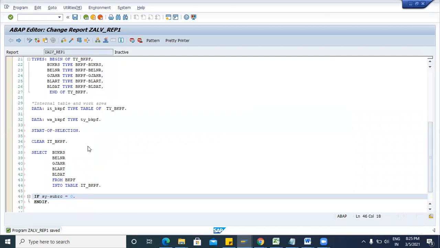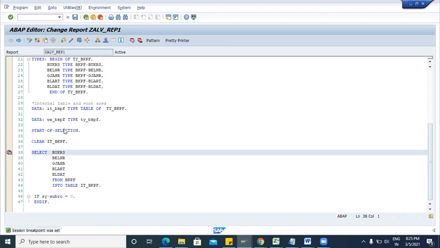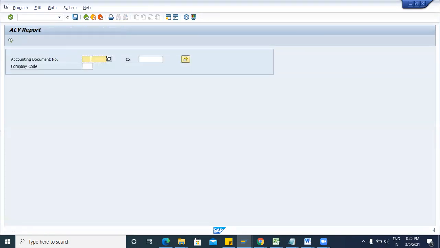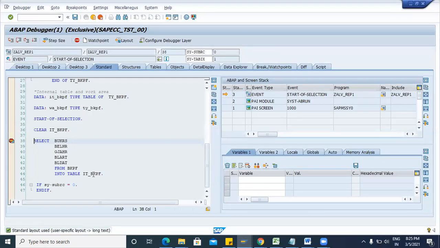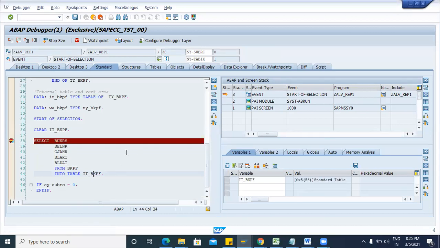Now let me show you how we can debug this code. To put a breakpoint, just put a breakpoint on your select query, then execute this program. Now if you are not passing any parameter, it is blank.